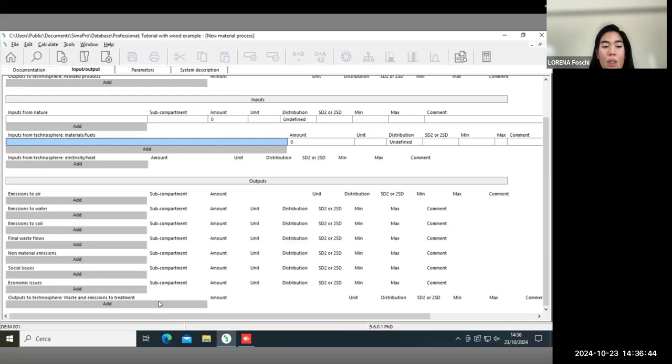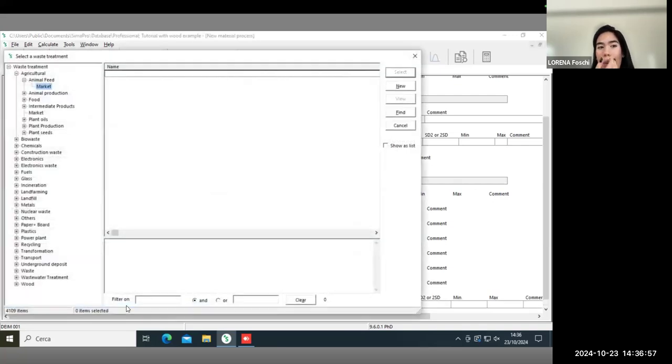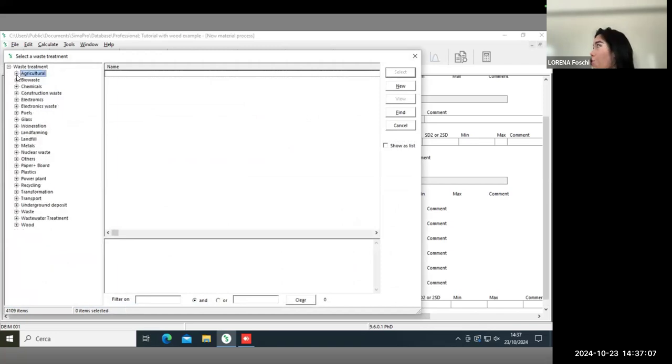Another important line of this part of outputs is the very final one. So the outputs to technosphere, because here, if we double click, we see that there are many options regarding the waste treatment. So waste treatment for agricultural,